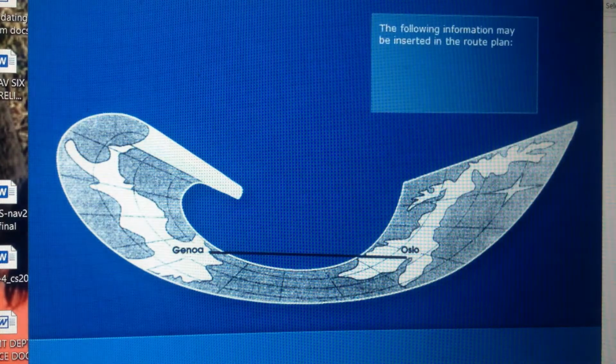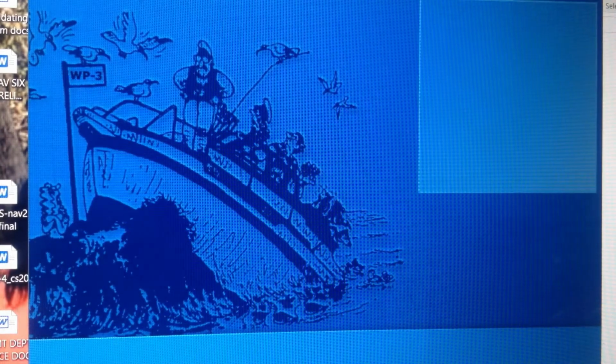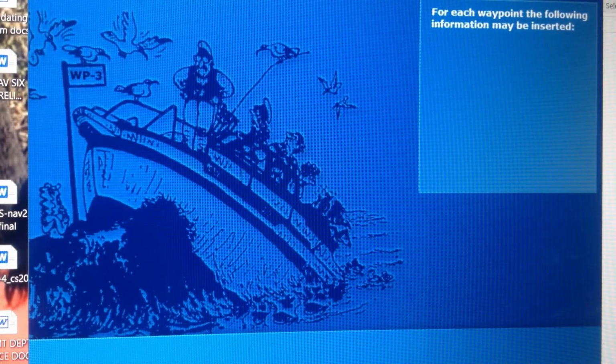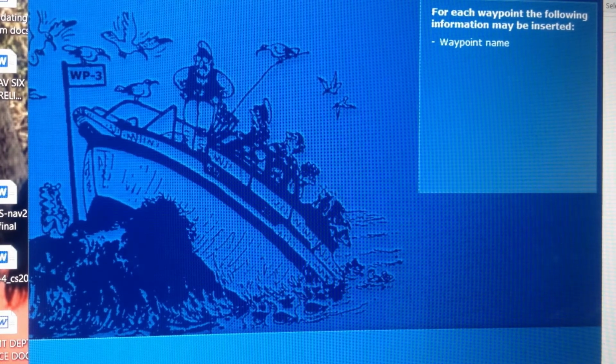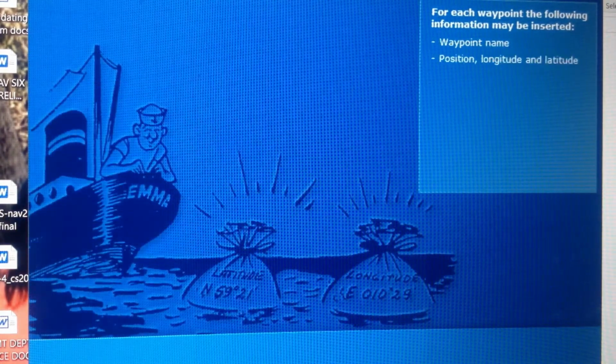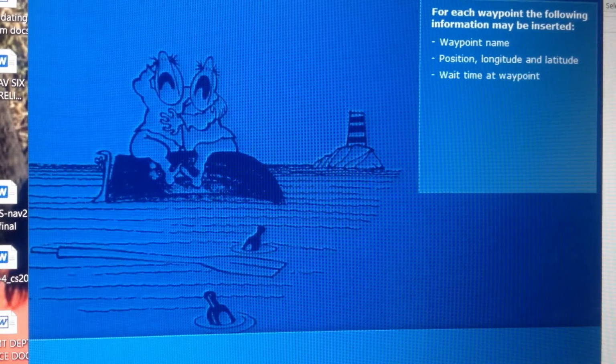The following information may be inserted in the route plan: route name, start time for route, waypoints. For each waypoint, the following information may be inserted: waypoint name, position, longitude and latitude, wait time at waypoint,